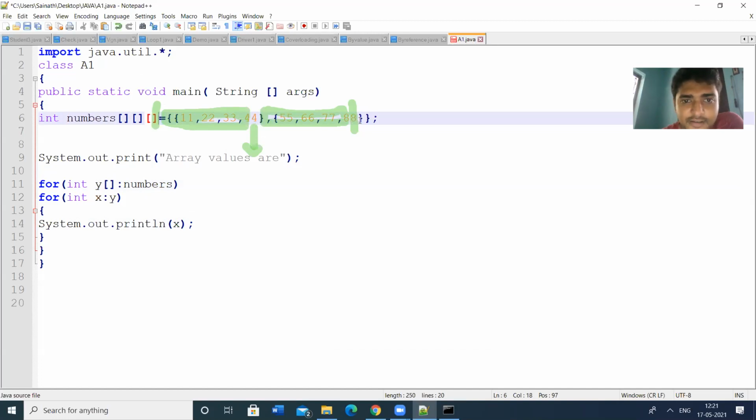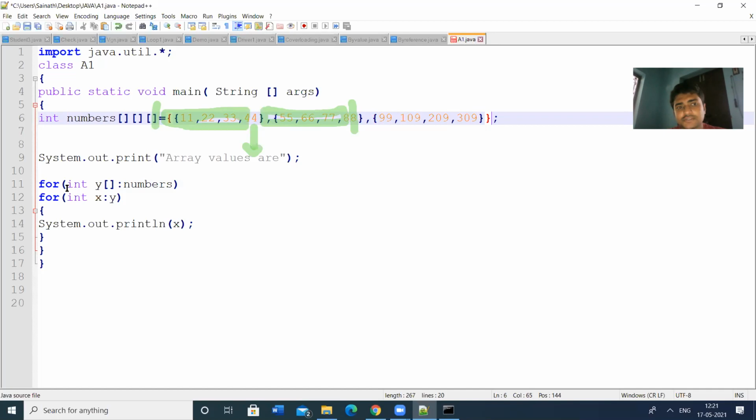Suppose 99, 109, 209, 309. So this is another dimension. For the whole thing, we give another brace. So this is the three-dimensional array.